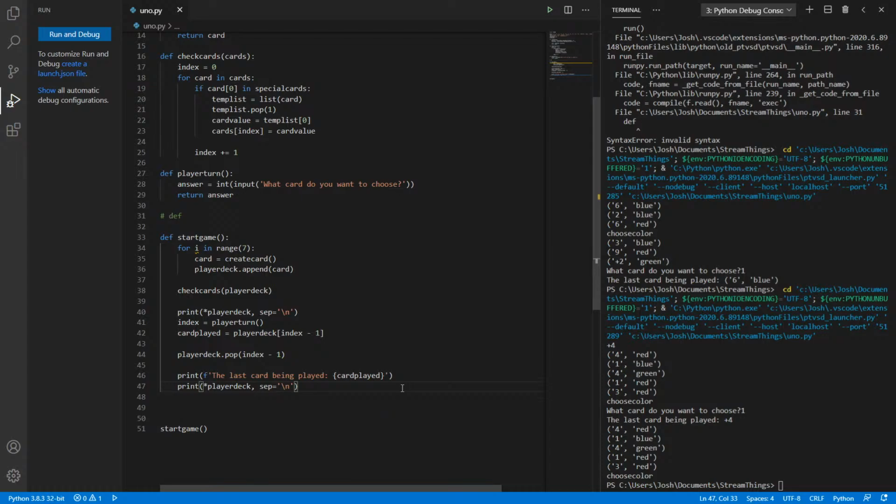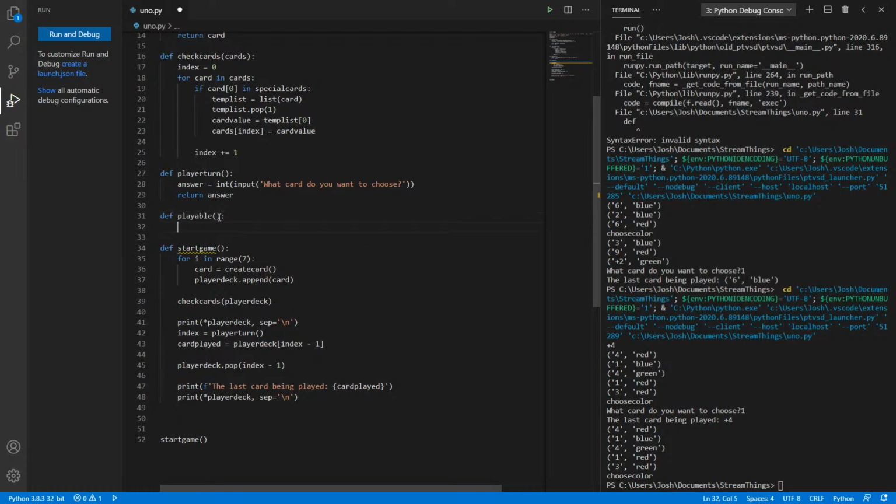Okay, how about this? How about I do just a playable? Let's see if your card is playable from the last card that you chose. How about we do that? Let's do that. Okay, so let's do playable, right? Now we're going to do the whole rules, basically put the rules together. So if the card, oh, duh, we need cards here, and we need cards, right? So if card in cards, no wait, if card 0, right, equals,